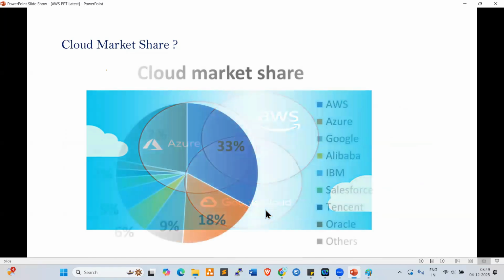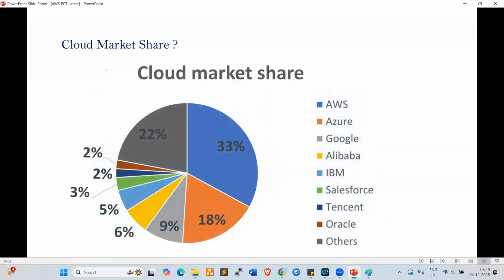Now look at here, everyone. This is the cloud market share. AWS occupies 33% of the market share, and is the leader in the market, right? AWS is the blueprint for other clouds. Azure occupies 18%, Google occupies 9%.